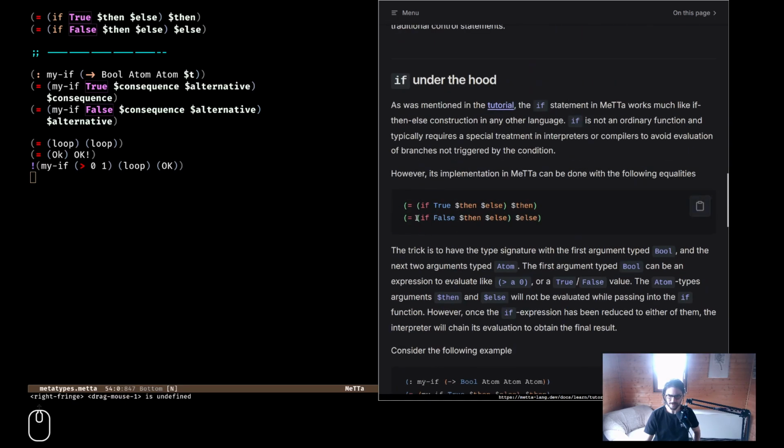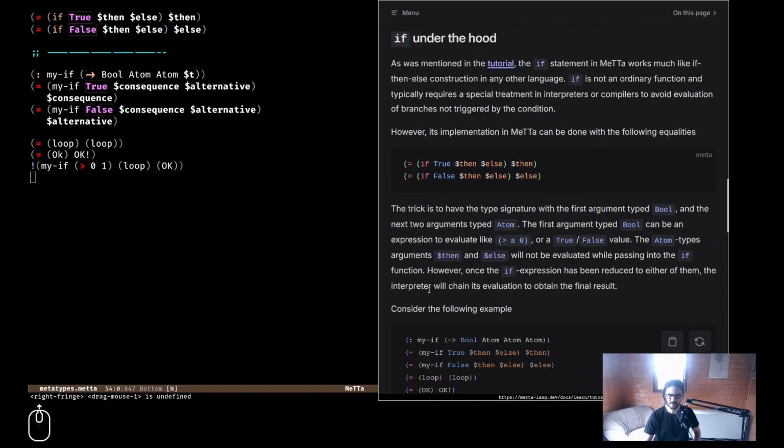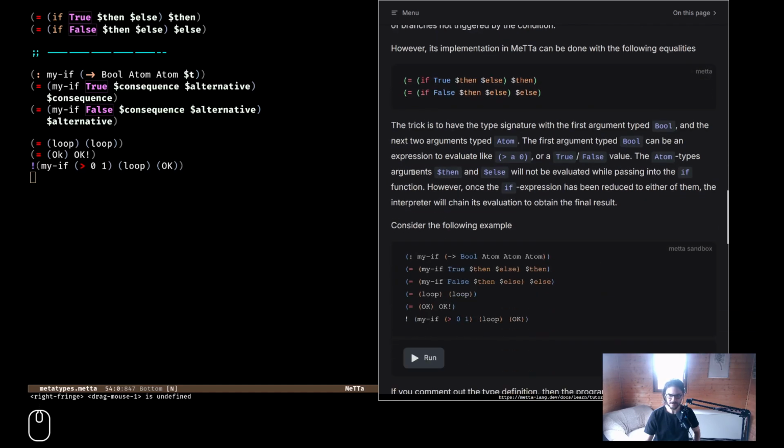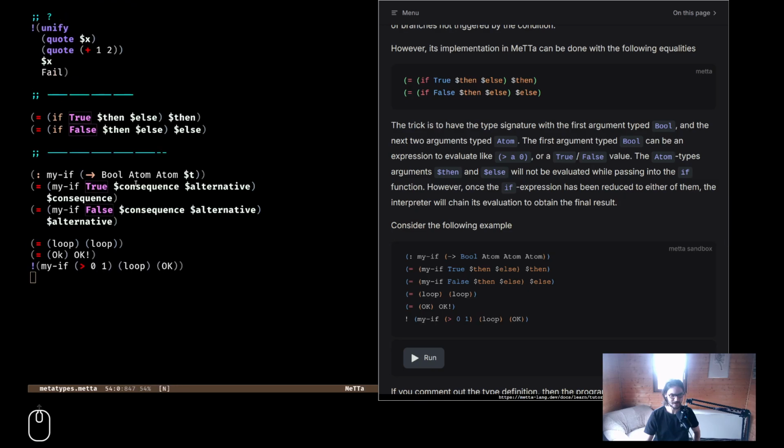Kind of flexing the muscles that here we have this separate. We can say to the interpreter, don't evaluate these, and basically I'm a normal function.